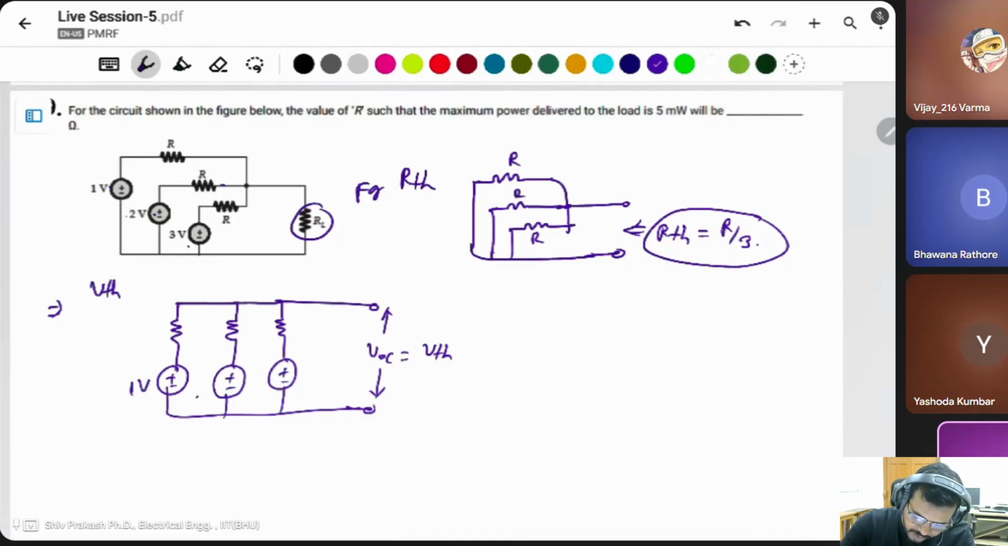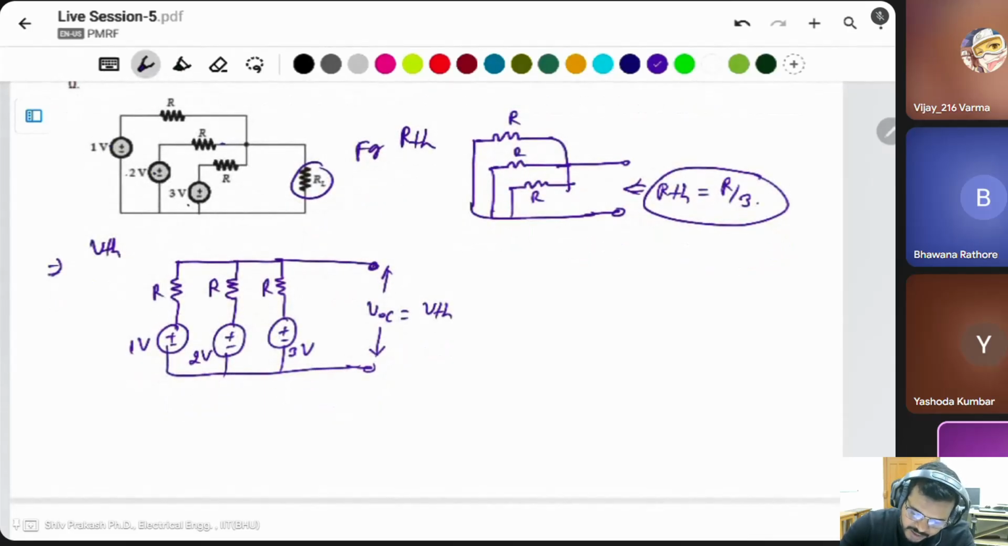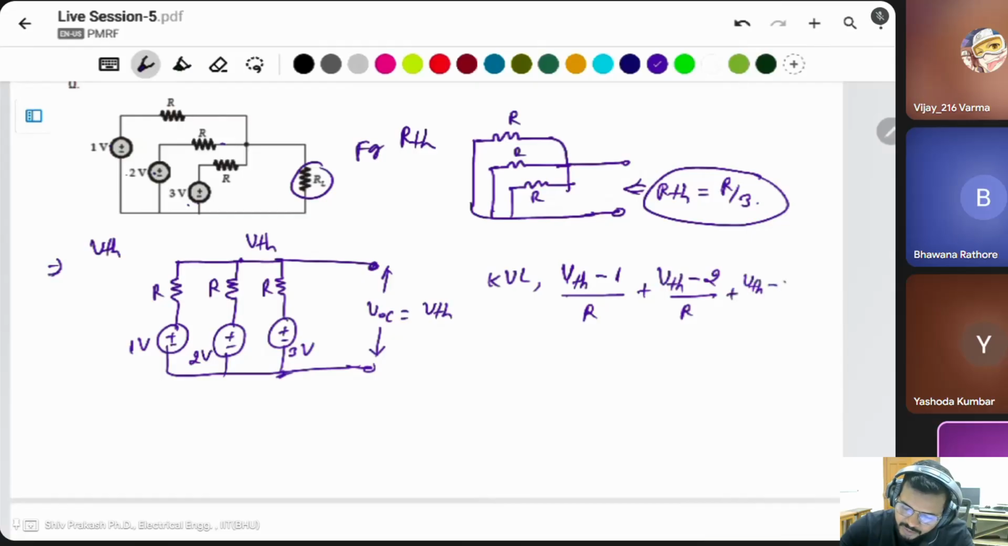1 volt, 2 volt, 3 volt. This will be R, R, and R. This voltage is VTH. This is a common voltage. Then this voltage is also VTH. Apply KCL. VTH minus 1 volt divided by R, plus VTH minus 2 volt divided by R, plus